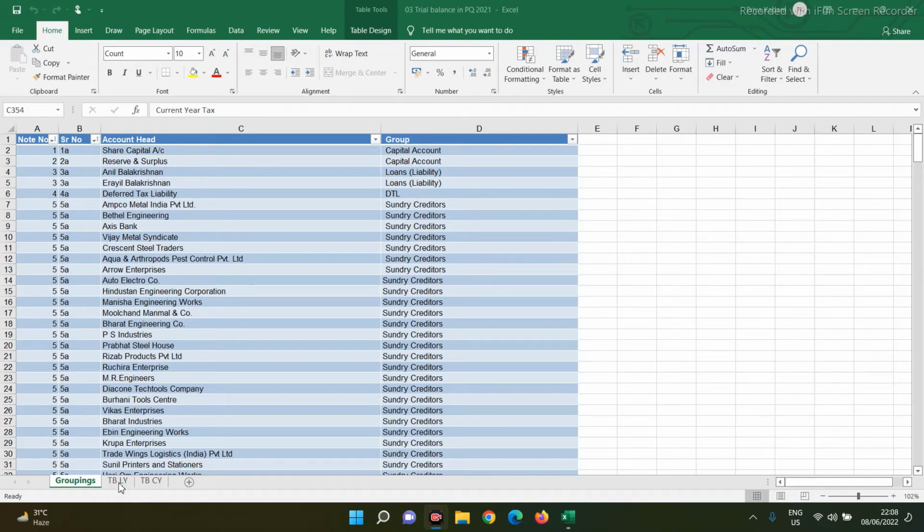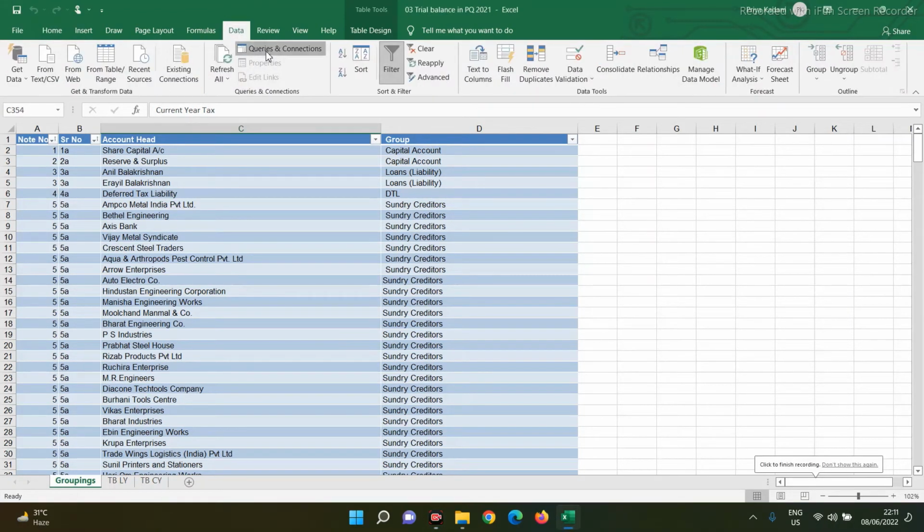Now we'll make sure that all the account heads of last year appear in the groupings, and we'll generate output for those accounts which appear in the trial balance but not in the groupings, so that we can update groupings, and we'll put the fresh account heads in a proper grouping so that we can generate output correctly. So if you click on data, queries and connections, you can see the groupings